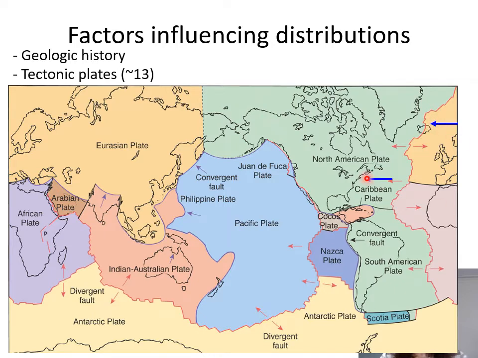Now, if you go where we are here on the east coast of North America, not really much happening. We're not near major faults. There are smaller fault lines on each of the tectonic plates, so we do occasionally get movement. Seven or eight years ago, we had a fairly decent earthquake here, but really they're quite rare, as opposed to